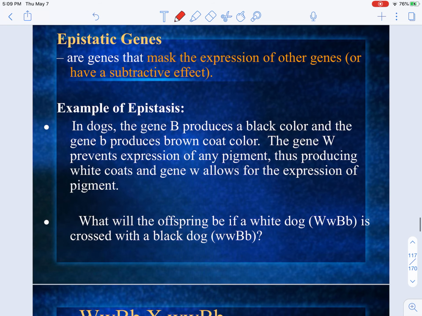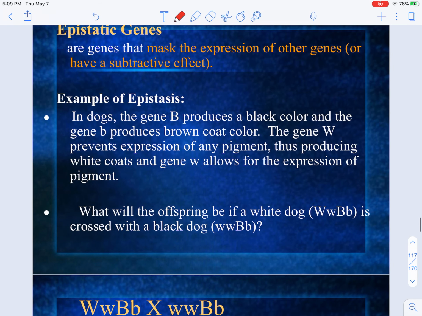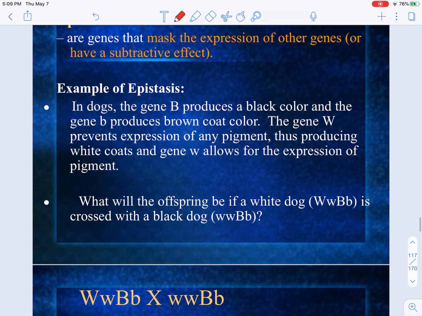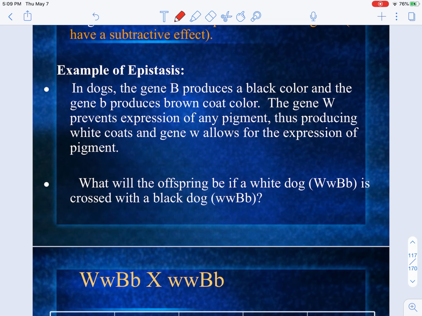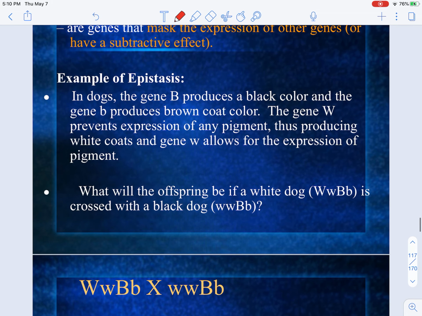Okay, last concept for this lesson is epistasis, where some gene gets masked, and this would mean just reading the story and seeing what the condition is for the epistasis here, and writing a legend that will help you know how to do the question. And for this, your question just says that B is that black color, and little b is the brown color, but if there's a capital or dominant W, there will be no color at all. And so there'll be white